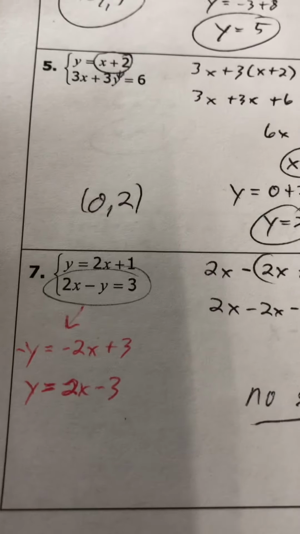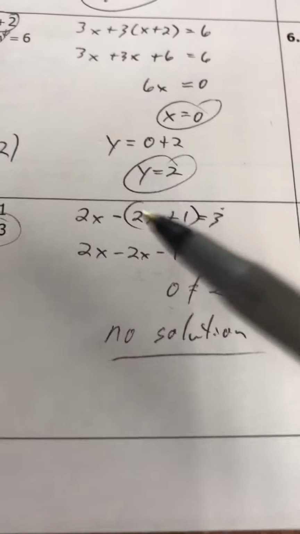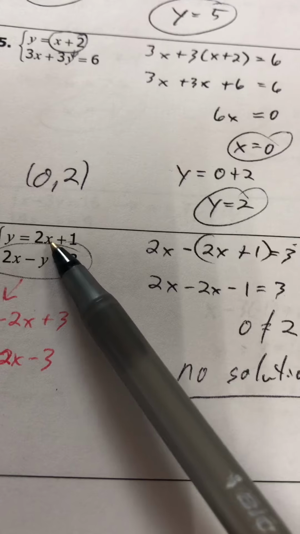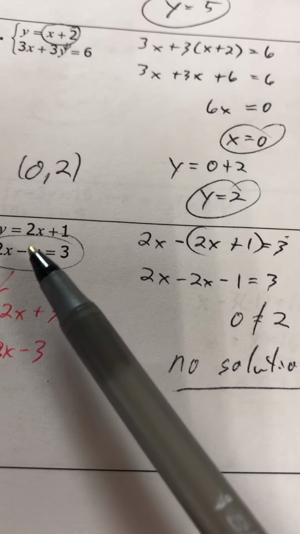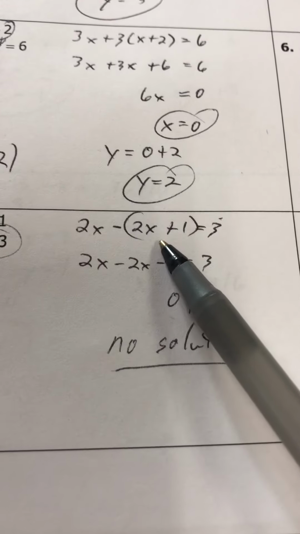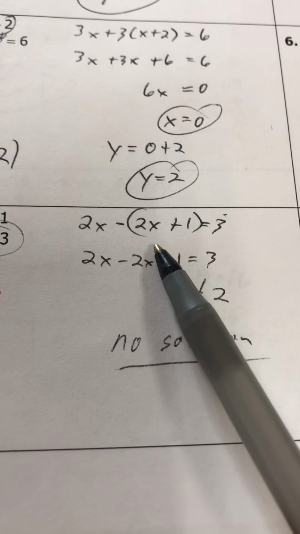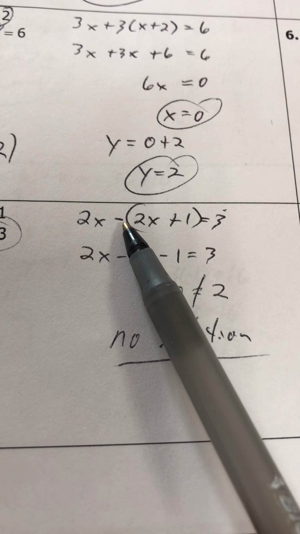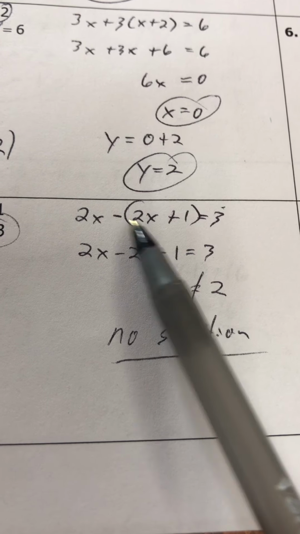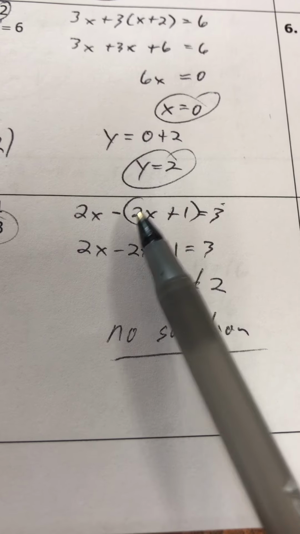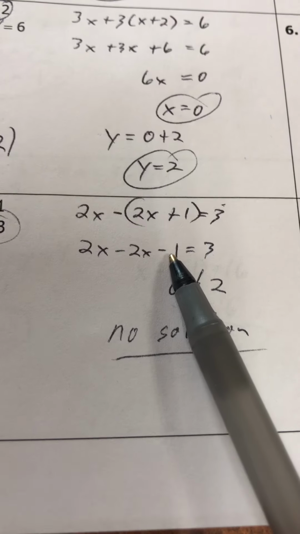Okay, working on number 7. Don't worry about what's in red yet. This tells me what y equals. So if I substitute this value in for y, I end up getting this. All right, here's the problem. When I use the distributive property with this negative into parentheses, I end up with negative 2x and a minus